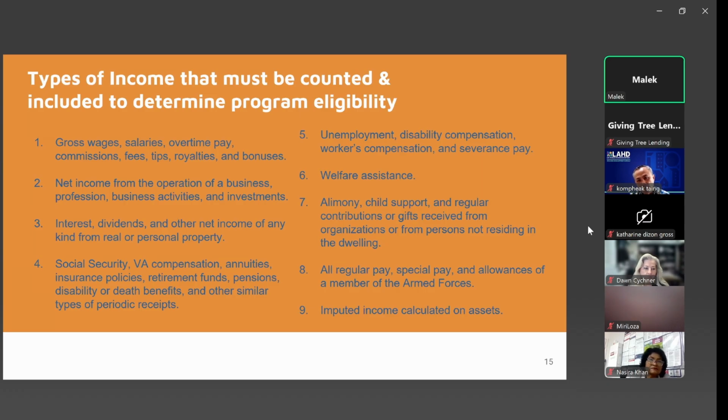Gross wages, salaries, and overtime pay, commission fees, tips, royalties, and bonuses. Net income from the operation of a business, profession, business activities, and investments. Interest, dividends, and other net income of any kind from real or personal property. Social Security, VA compensation, annuities, insurance policies, retirement funds, pensions, disability or death benefits, and other similar types of periodic